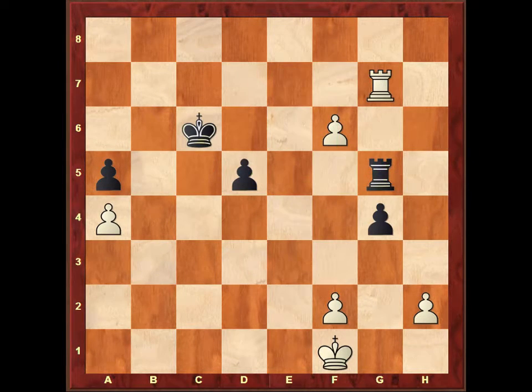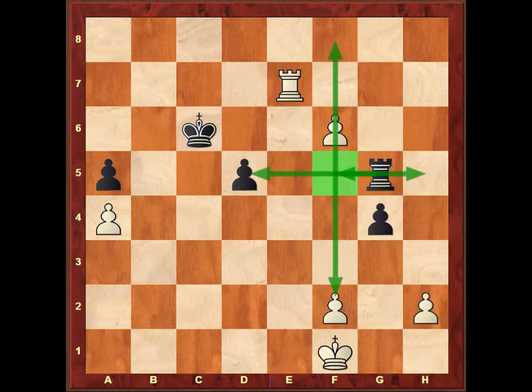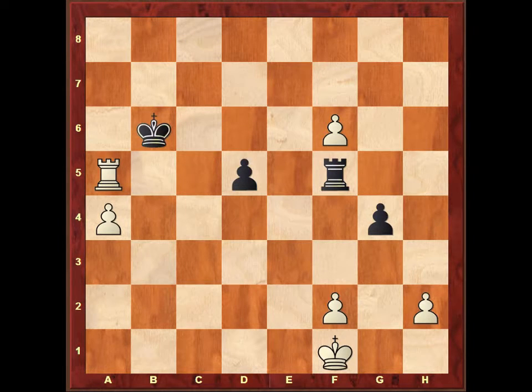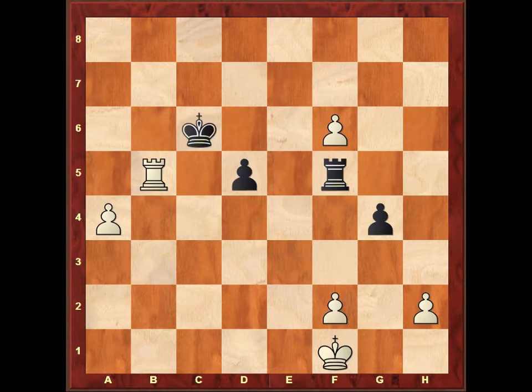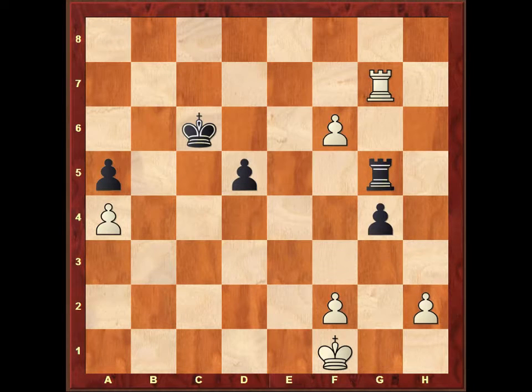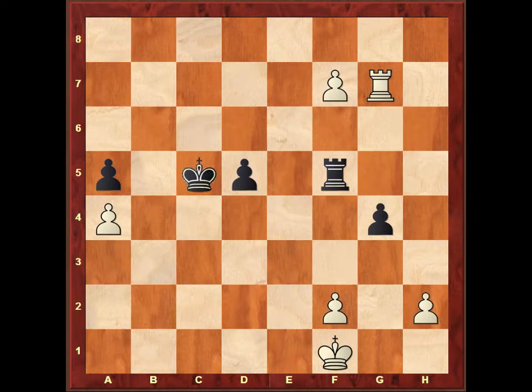So I played rook g7, which was a slight inaccuracy. A better move would be rook to a7, and again could continue rook to f5, rook takes f5, king to b6, rook b5, king to c6, rook b4, rook takes pawn, and the rook takes g4 with probably a winning endgame. So instead I played rook to g7, Aaron played rook to f5, played f7, king c5, king e2, rook